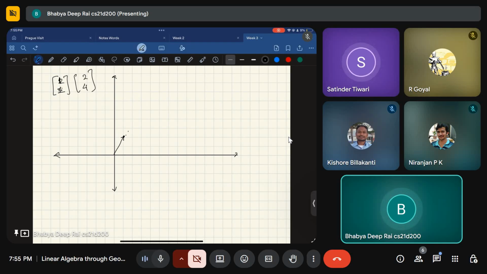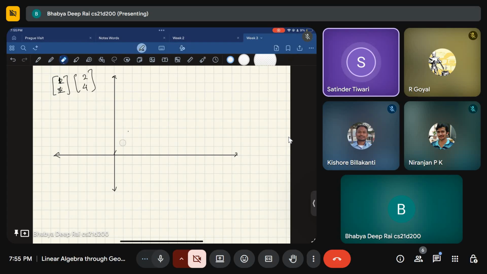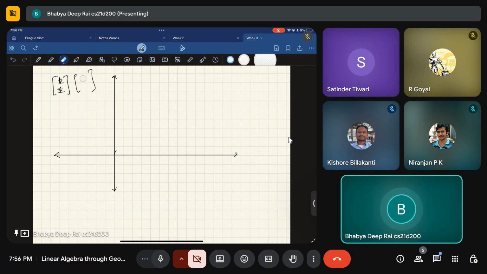But you can take 2 1 and 1 2, so we'll get the two different bases. That is true. But I want to represent not that I can reach everything, I want to represent that I cannot reach everything. Okay, we can do that also. So 1 2 and 2 1.